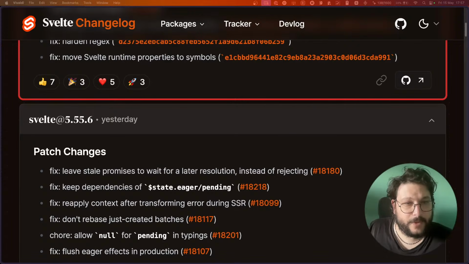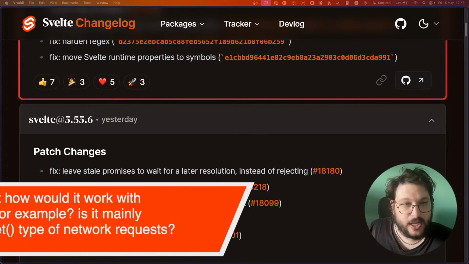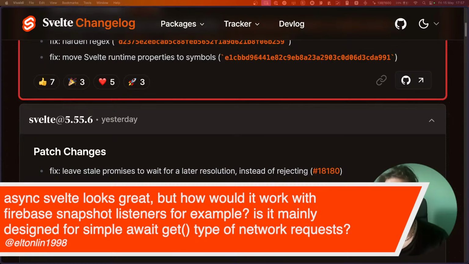Let me see. There is also another question, which is: I think Svelte looks great, but how would it work with Firebase snapshot listeners, for example? Is it mainly designed for simple await get type of network requests? So I don't know how Firebase snapshot listeners work specifically.